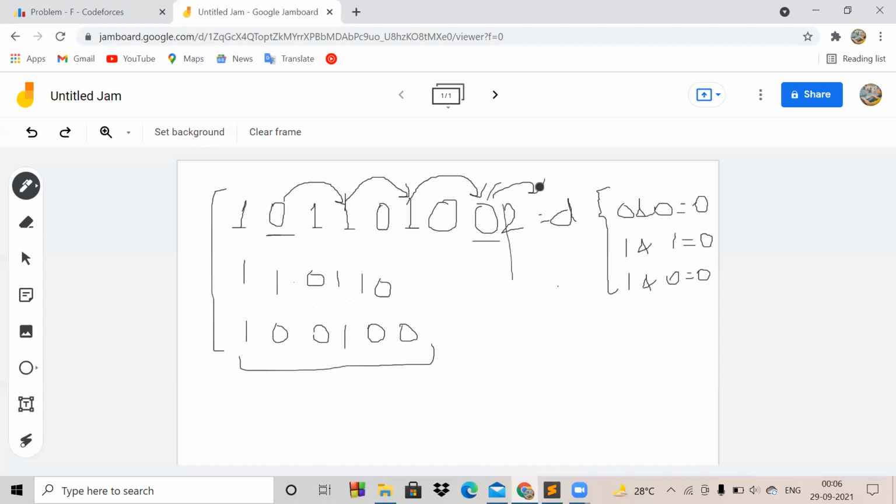So we can directly do this question. We will first iterate over this whole array, we find a 0, and then we will move by d steps.